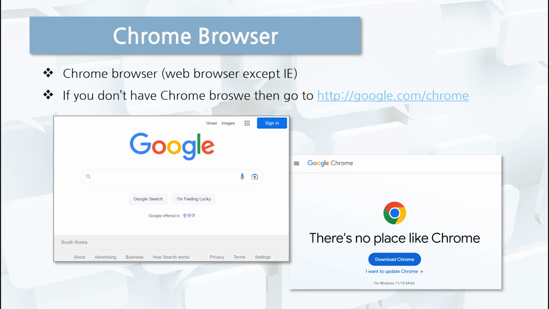So, if you don't have a Chrome browser, just go to google.com/chrome. Then you can download it. Just download the Chrome browser and install it. That is it. Very easy. So, okay. Then if you are ready,